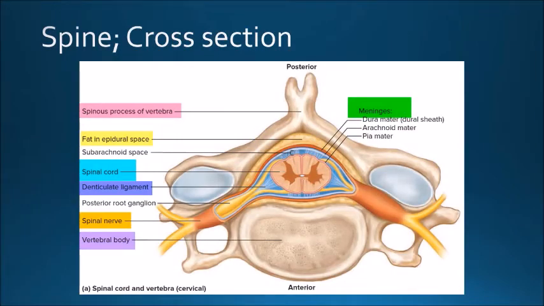Coming to the cross-sectional anatomy of the spinal canal, here you can see the epidural space most posteriorly, where we have the ligamentum flavum and the epidural fat. Then we have the dura mater and the subdural space. Then we have the arachnoid and the subarachnoid space. Then we have the spinal cord, from where the anterior and posterior nerve roots arise. Then anterior to the spinal cord and the dura, we have the posterior longitudinal ligament. Then we have the vertebral body, and most anteriorly, we have the anterior longitudinal ligament.